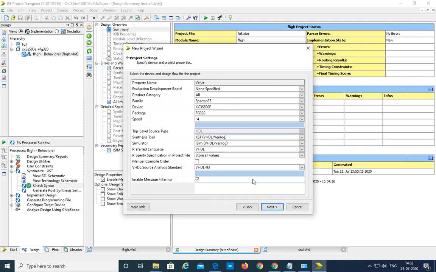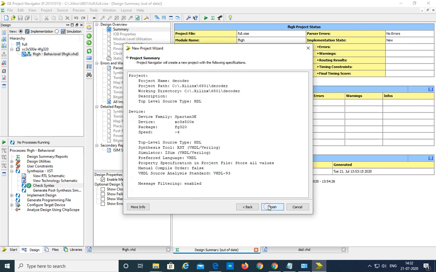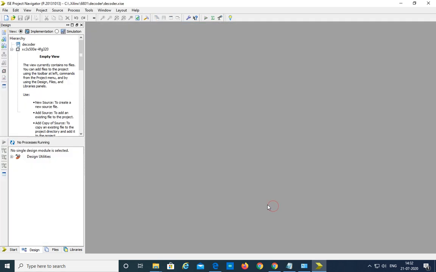Now verify whether the settings are correct or not. Spartan 3E family, device name XC3S500E, package FG320, speed -4, synthesis tool is XST, simulator is iSIM, preferred language is VHDL. So click on next, click on finish. Now you have created the project decoder.